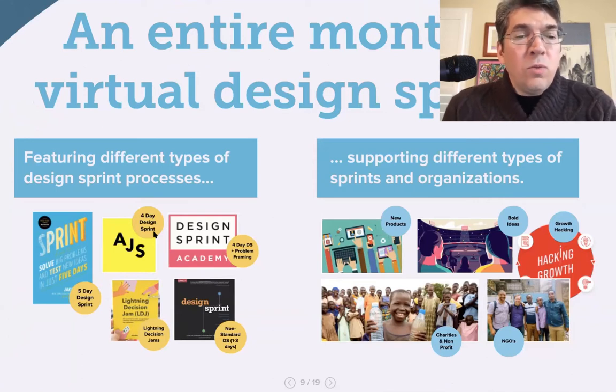So you had the original sprint book, AJ and Smart's 4-day design sprint. You have Design Sprint Academy's spin on doing the same 4-day but with problem framing. One of the books by Richard Banfield on the design sprint process had a lot of variety. Doing all those processes, mixing it with different approaches to doing design sprints that have been catching fire lately, such as growth hacking or working with charities.